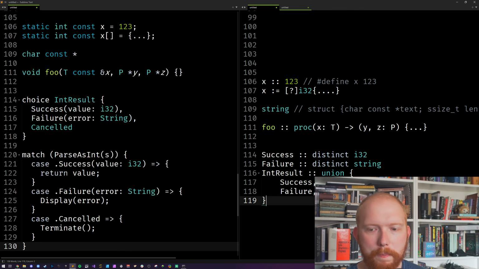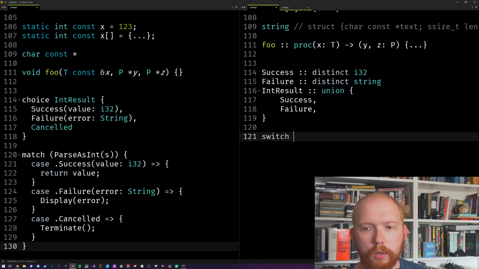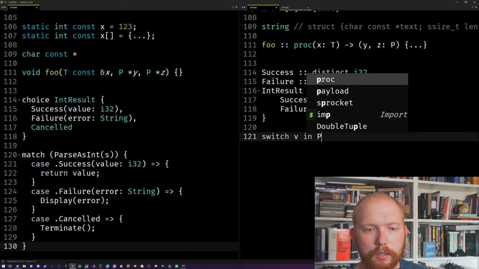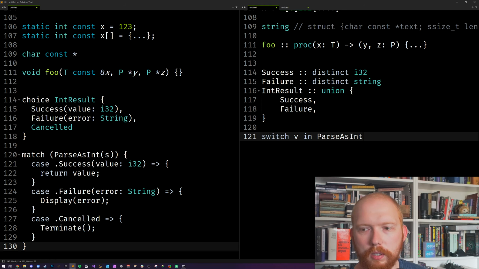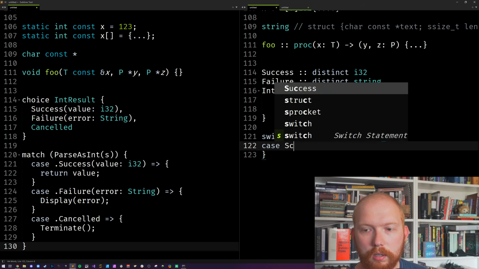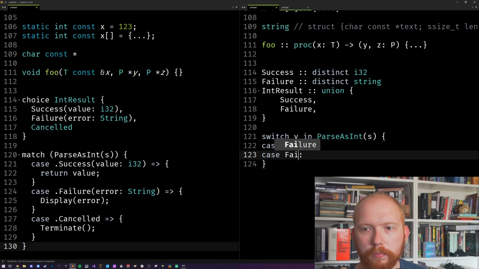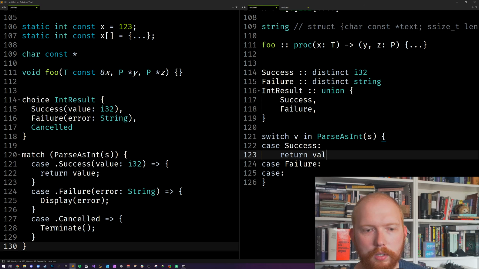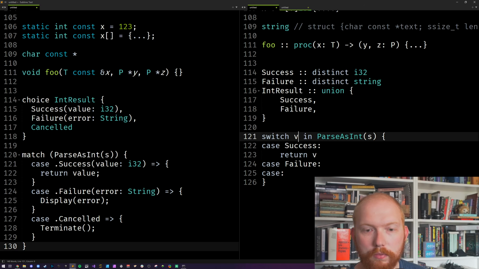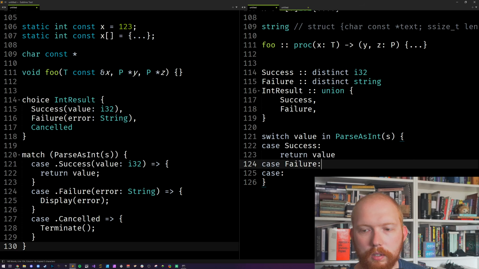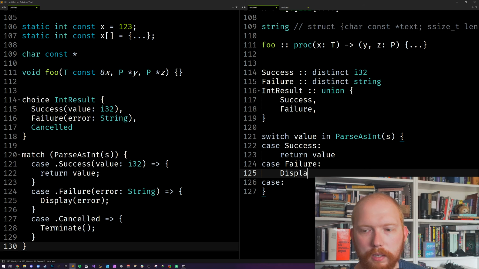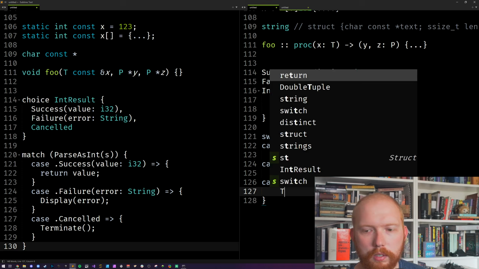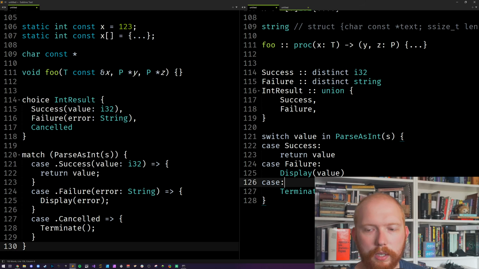Let's do this here. The Odin equivalent would be pass as int. I'm just going to keep it the same. Keep the same. Get anything on here. Success, failure, and the default. I'm just going to return that value. So we can just call it value, shall we? Return, let's say display value, and then we're going to say terminate, because if it's the nil case, we could always put whatever, we just do that.